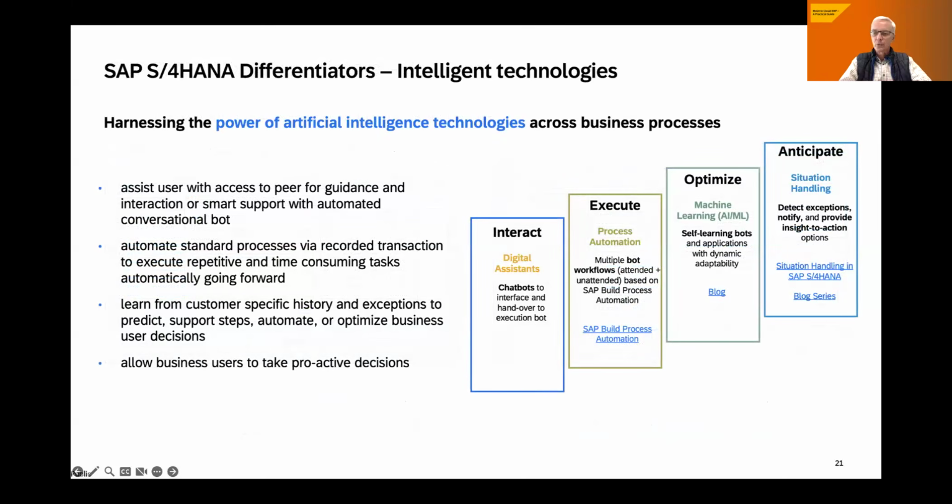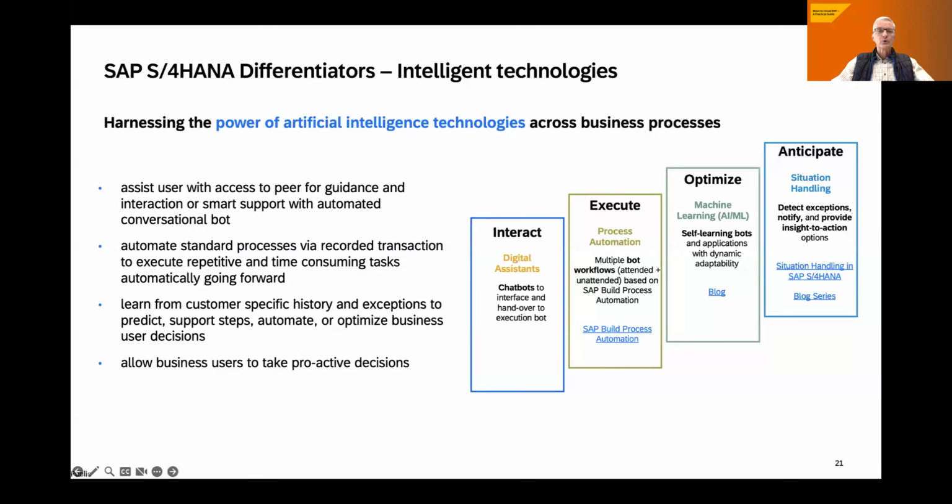Now let me say a few words about our intelligent technologies, or let me rephrase it in the sense of, like I said in the beginning, we have a clear ambition for SAP S/4HANA. It's not only supposed to be a little bit faster, a little bit nicer, it's really a game changer. It's really a completely new generation. And SAP is constantly on the lookout for the latest intelligent technologies and make them available to you so that you can run your business better, more efficiently, and probably in a transformed kind of way.